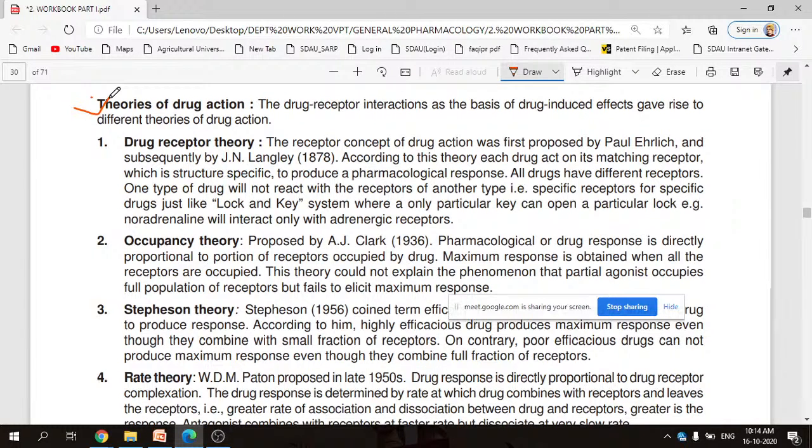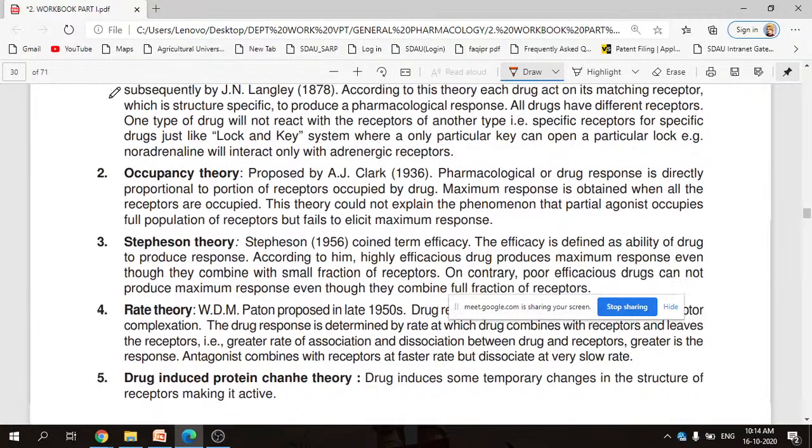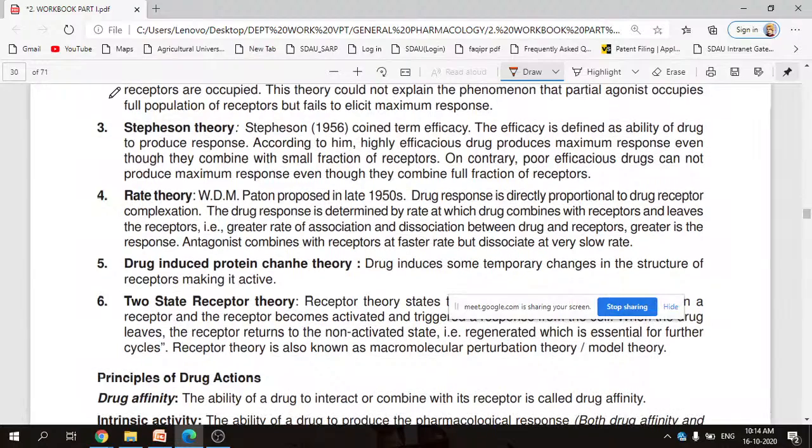The theory of the drug action. The drug receptor interaction as the base of drug-induced effect gives rise to the different theories of the drug action. Now, number one, drug receptor theory. There are many scientists who have proposed the